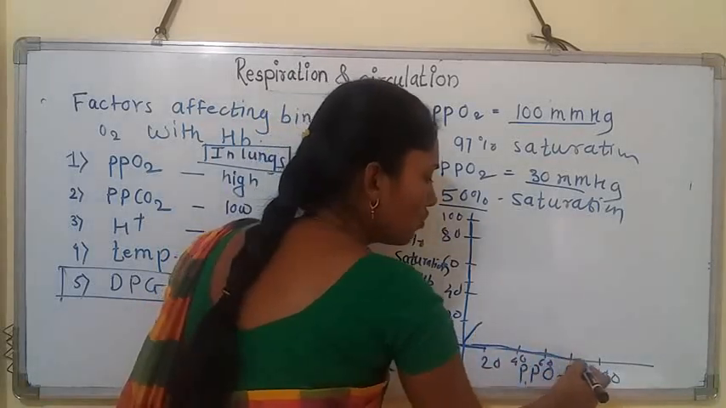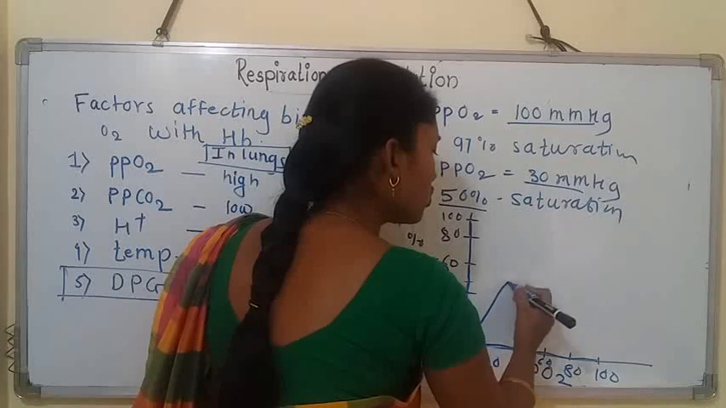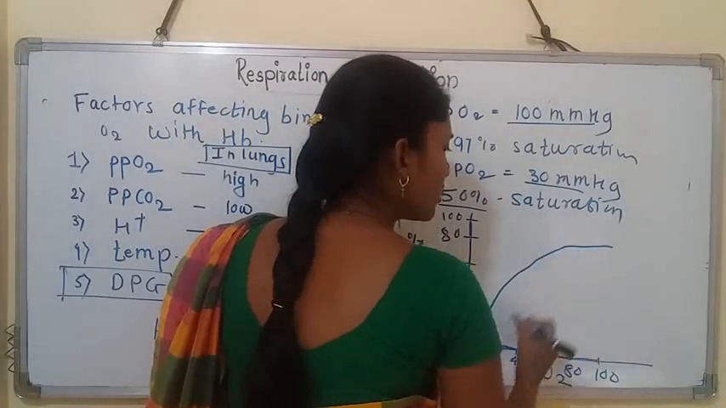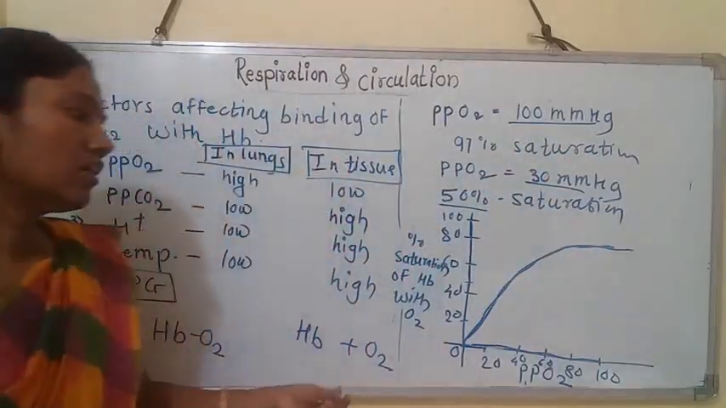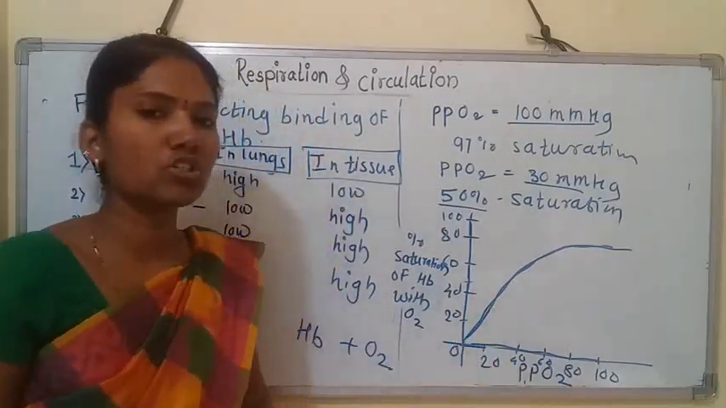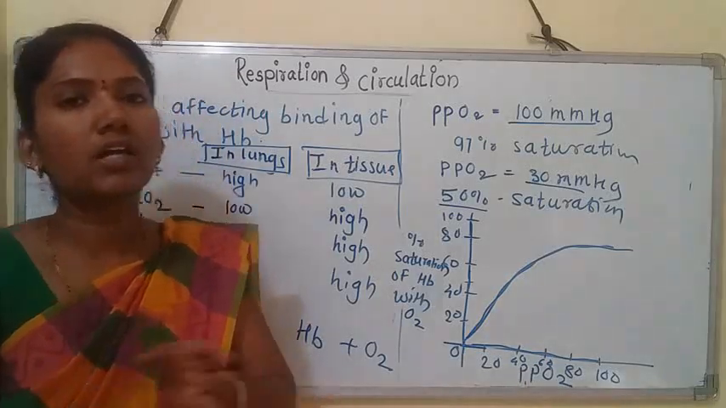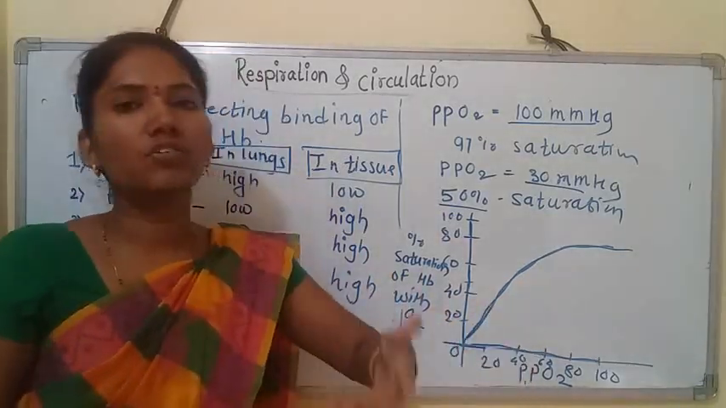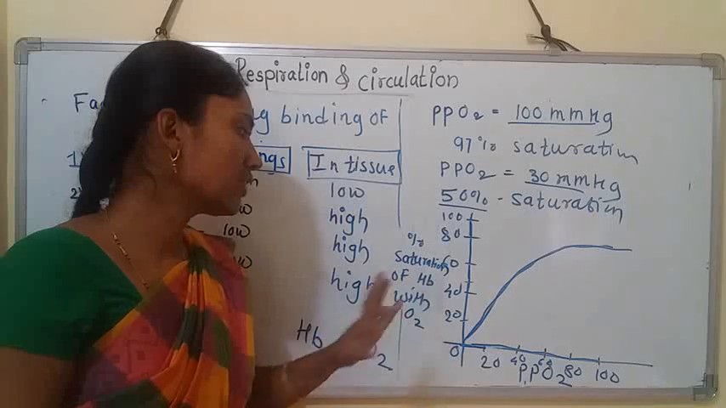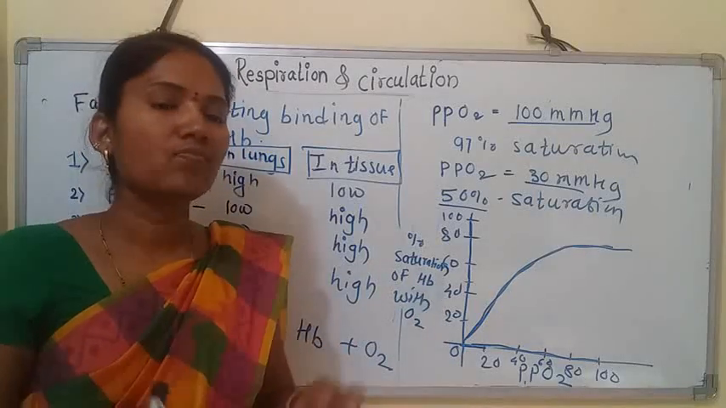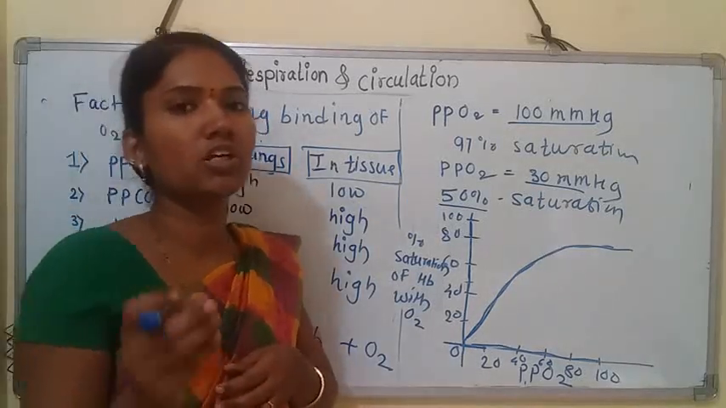As partial pressure of oxygen goes on increasing, saturation of hemoglobin with oxygen also goes on increasing. But after some time you can see the plateau. It means that saturation of hemoglobin with oxygen increases as partial pressure increases, but up to a certain limit. After that limit, if you increase partial pressure of oxygen, there is no difference in the saturation of hemoglobin with oxygen, because if hemoglobin gets saturated with oxygen, further increasing the oxygen molecule concentration will not